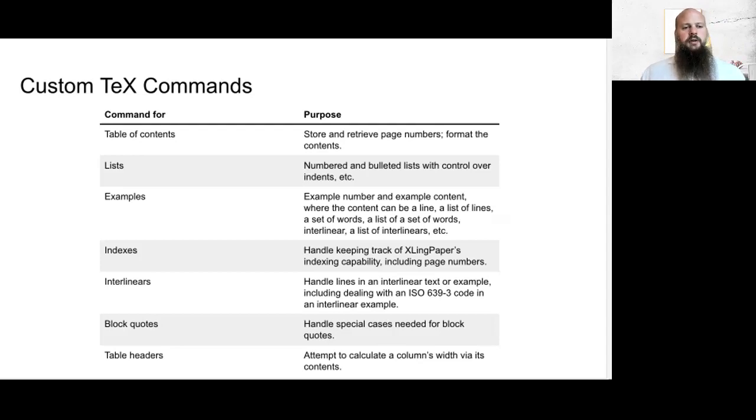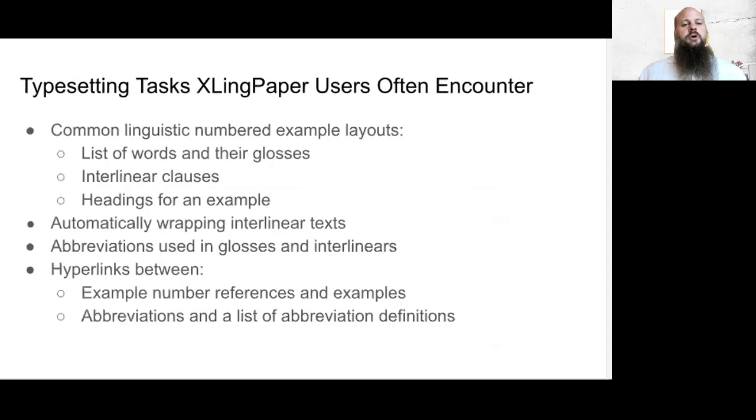And I think one of the important things to discuss and present is the typesetting tasks that XLingPaper users often encounter. So that is, are we doing formulas? Are we doing language trees? What's the common kind of tasks? And the common tasks that are supported by XLingPaper are lists of words and their glosses, interlinear clauses, headings for an example,